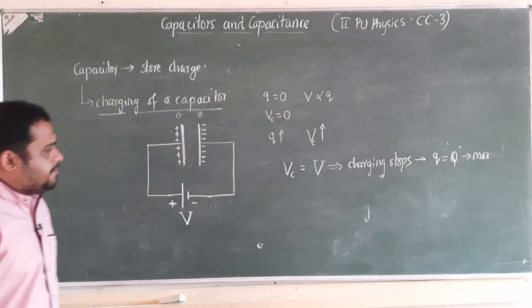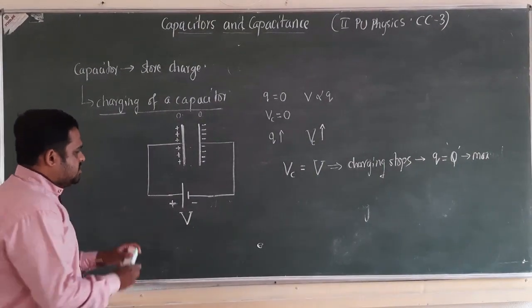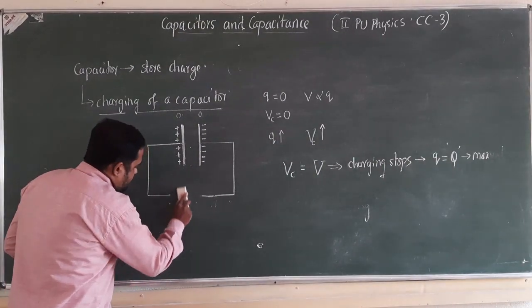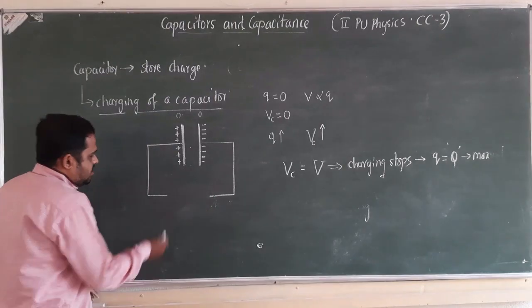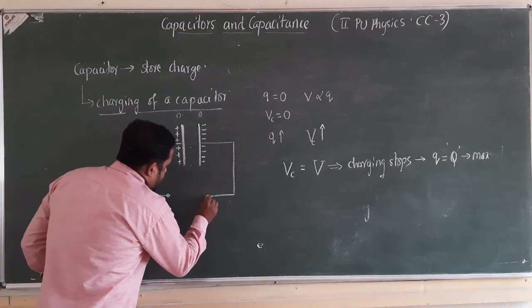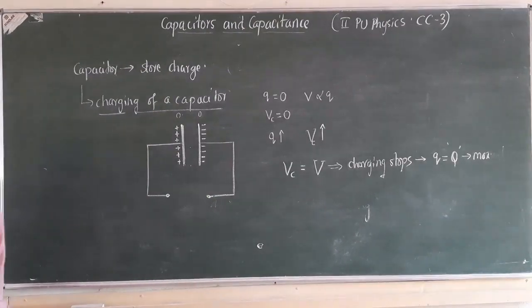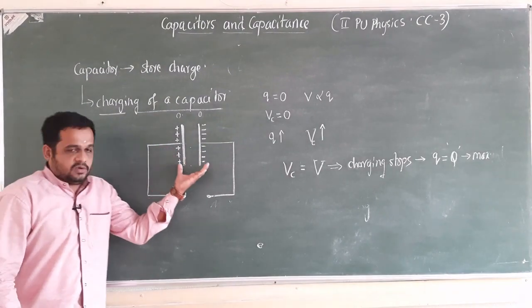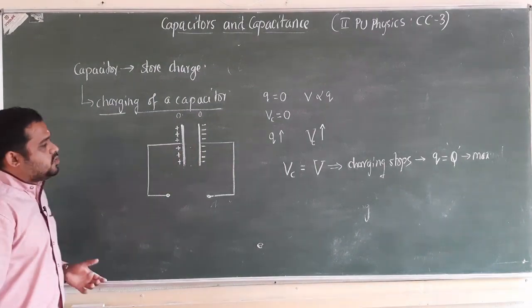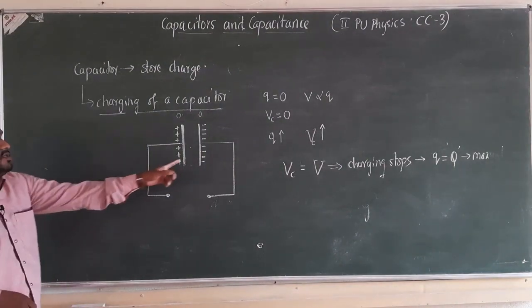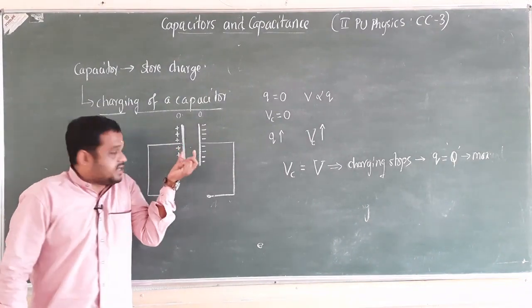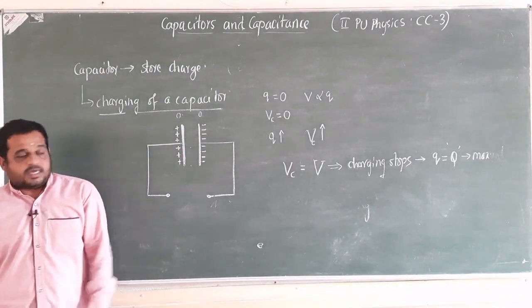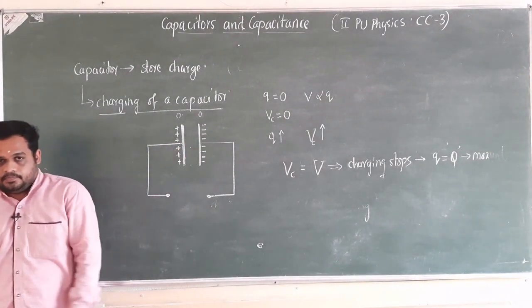After fully charging a capacitor, if you remove the external battery, whatever charge was added to the capacitor during the charging process will be retained by the capacitor. Charge will be here only. This charge is stored in the electric field. We know that a capacitor stores charge in the form of an electric field between the plates of the capacitor. So it is stored like this.